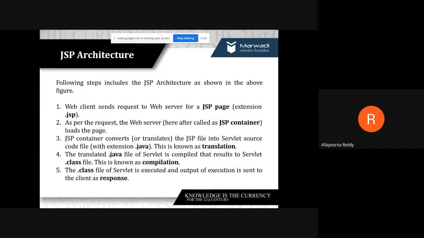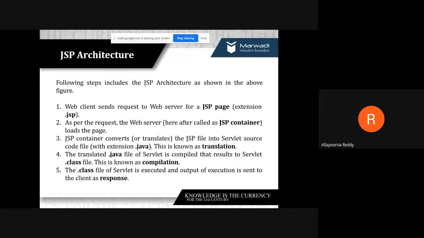As per the request, your web server, hereafter we call it the JSP container, as we call it the web container in servlets, loads the page requested by the client.